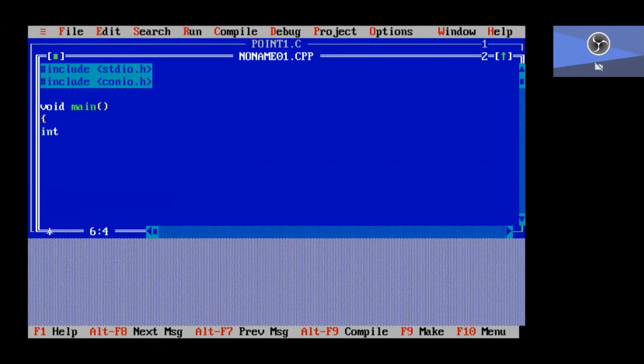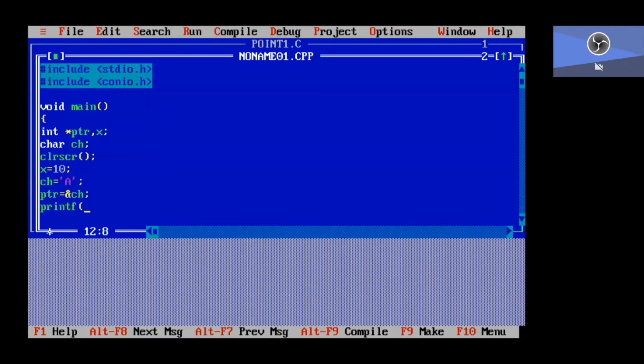Now here I'm going to declare one integer pointer variable, one normal integer variable, and one character variable ch. clrscr, x equal to 10, ch equal to 'a', ptr equal to address of ch.